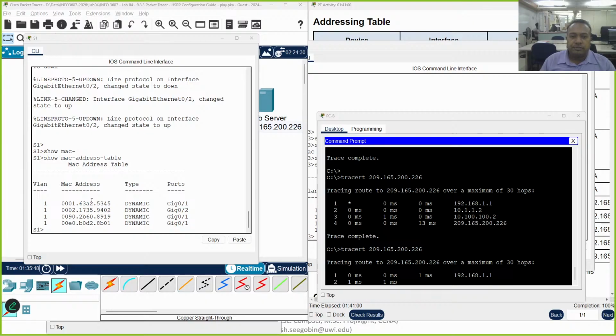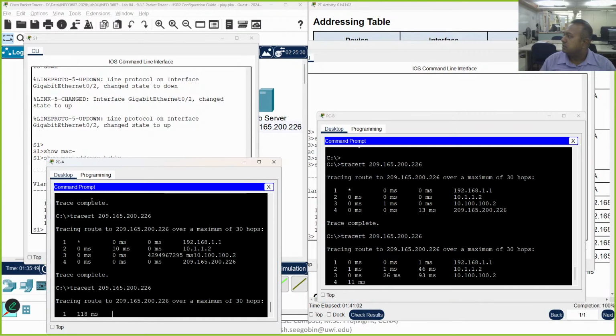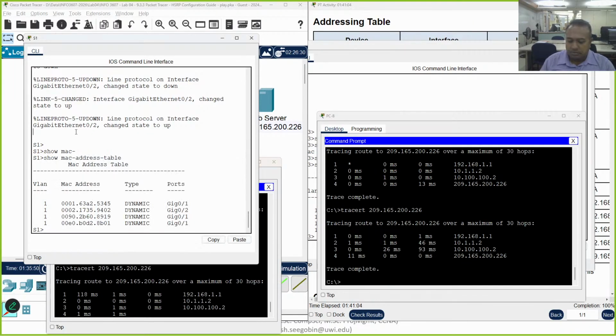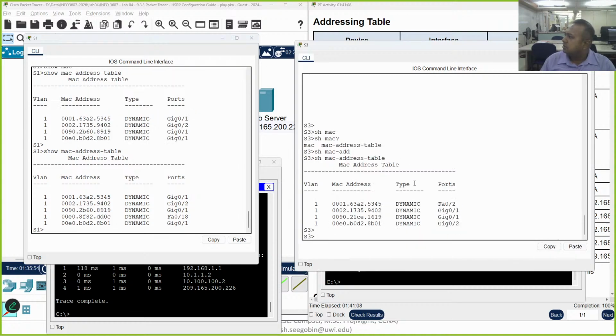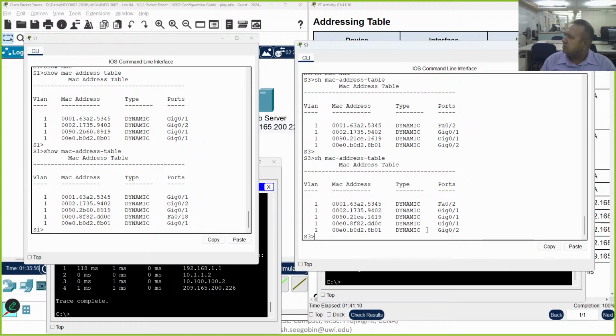I do the trick to force some MAC addresses to learn. Right, the only thing is, in this example here,